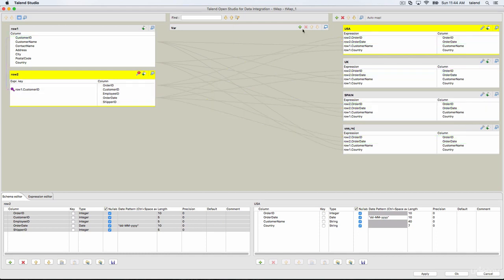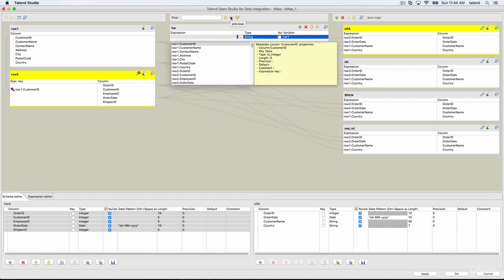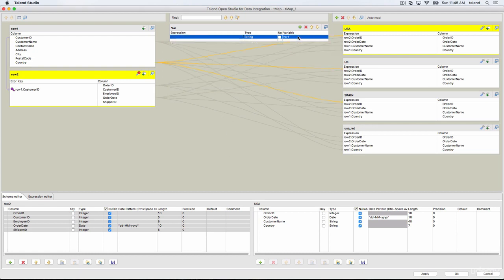You can create your own variables here. In here you can use your global variables and context variables. If you remember, Control and Space takes you to global variables. You can select any global variable here and name it. At a high level, we have our main and lookup table content on the far left, our target table contents on the right side, and in the middle we have the variables, which are called mapping variables. So you can do any temporary transformation.